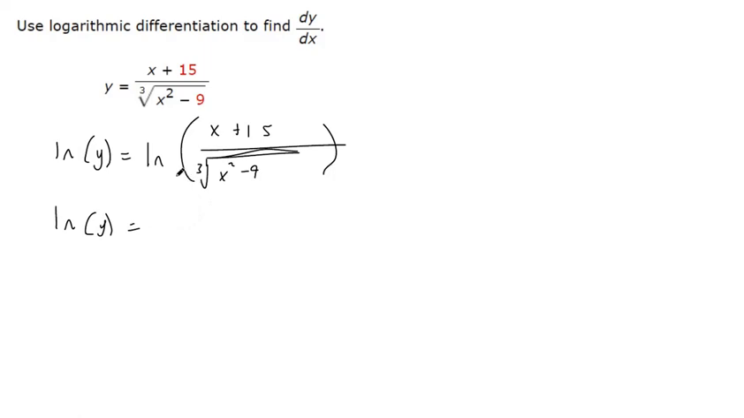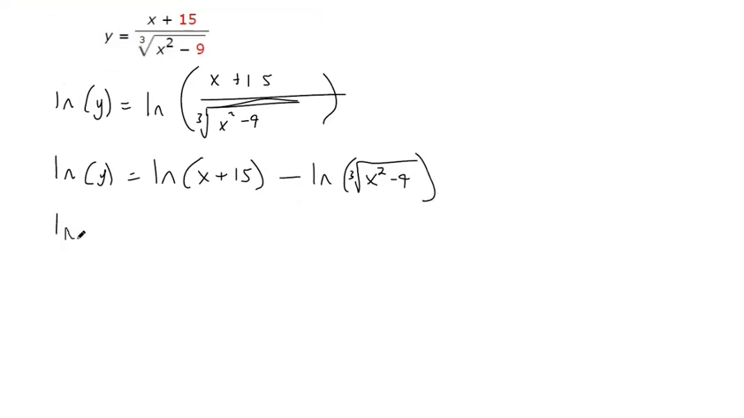properties of logarithms to rewrite. When you have something divided by something inside the argument of the logarithm, it's the top subtracted by the bottom in the logarithms. So that's just a property of logarithms. It's not a calculus trick or anything like that. And then we also have the fact that